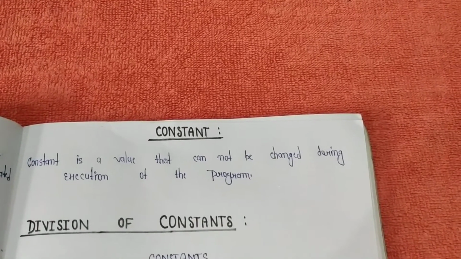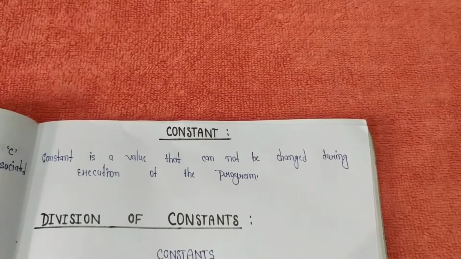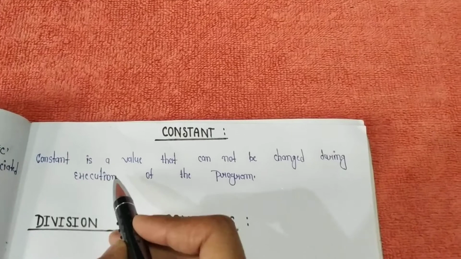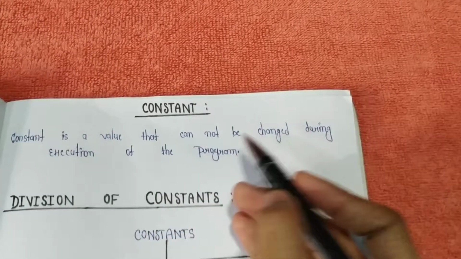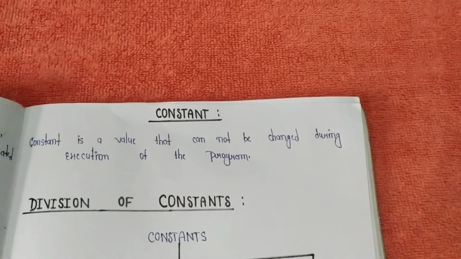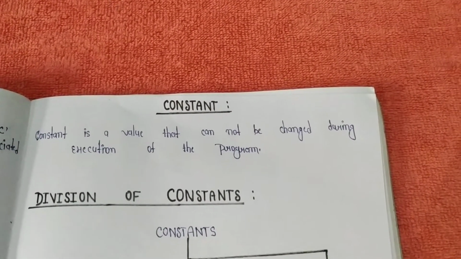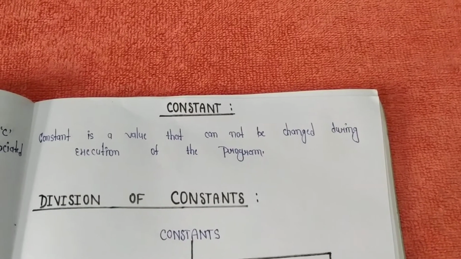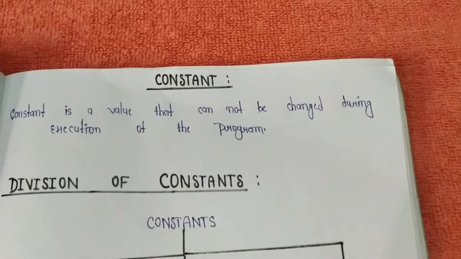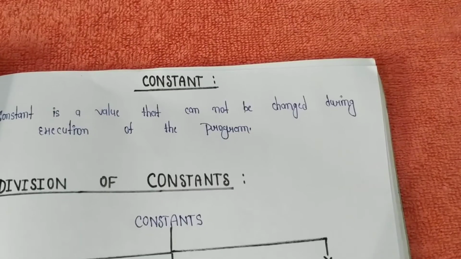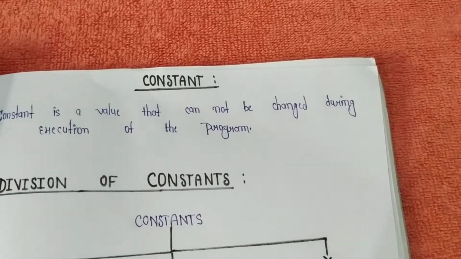I think everyone knows about constants: the value cannot change. So here I also write down: a constant is a value that cannot be changed during the execution process of the program. Or in another way, we can say a constant is an entity that refers to a fixed value and it cannot be modified, meaning it cannot be changed. Entity and value are the same, like synonyms, and changed and modified are also like synonyms.